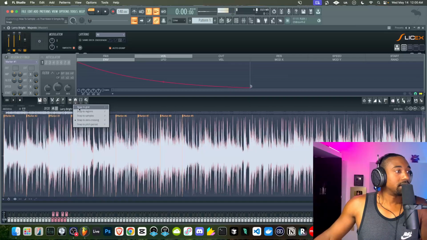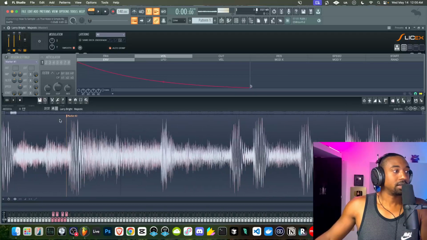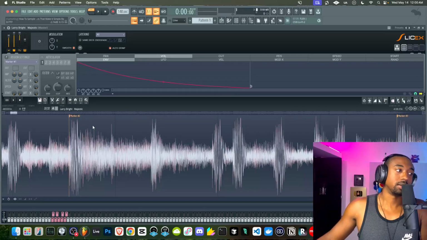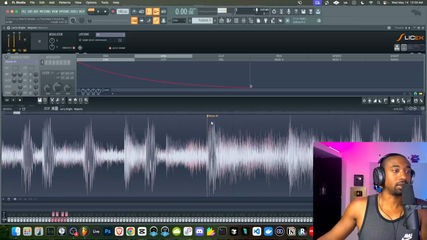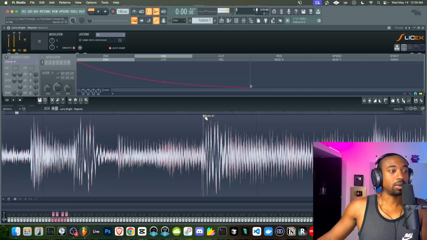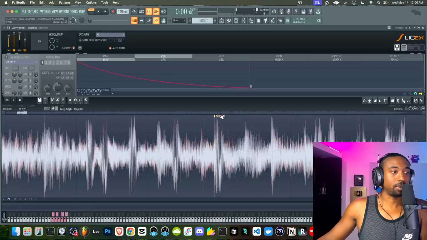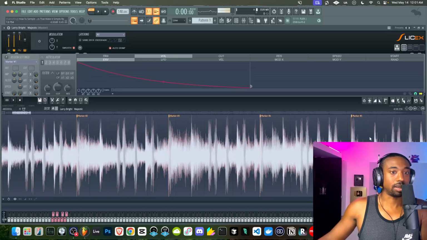Now the next thing is go to snap to grid, go to snap to 0 crossings. We want to do this because this prevents clicks and pops. Without it, you're basically going to be snapping to random values. And anytime you go from like 0 to a random value, it just goes crazy. Or if you go from like 1 to -1 in a value, it just goes crazy on your speakers. It doesn't know what to do. So you got to make sure you snap to 0 crossings so that the speakers know to reset back to 0. That's the non-sciencey way to explain it.